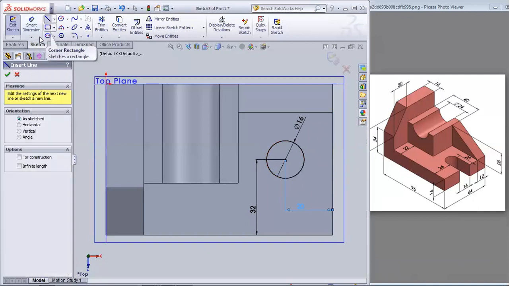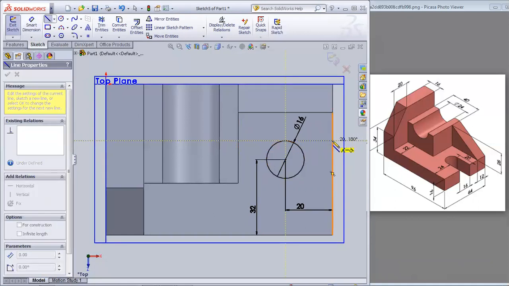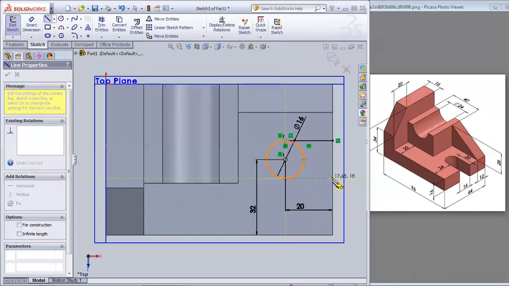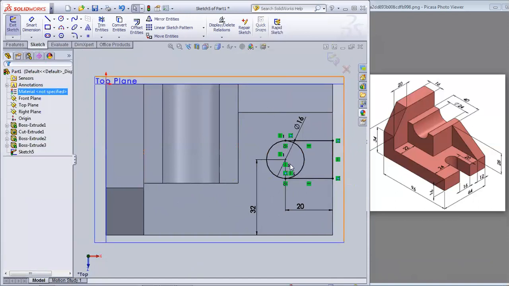Okay, now let's just go to line. I need to draw two lines, right? One a tangent from here to here. Another is, okay, so let's just click on escape. So I have drawn one line. So I have to draw another line. So again, I will take the line from here. I will draw it here. Then I will just join it, right? Okay. So basically, I have already drawn it.